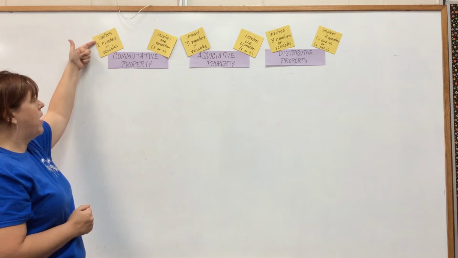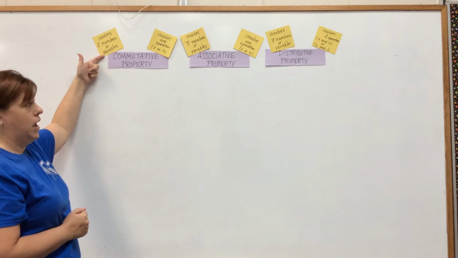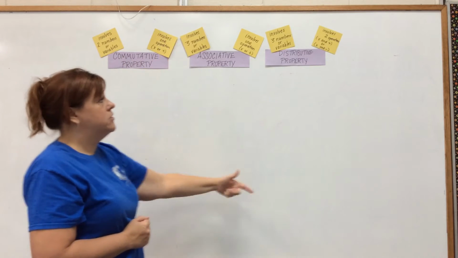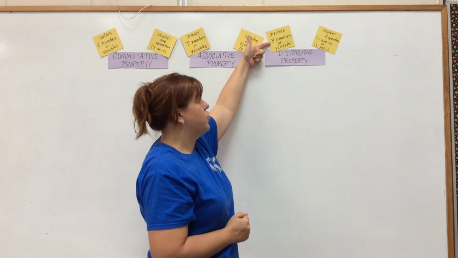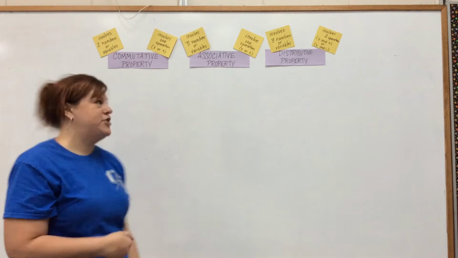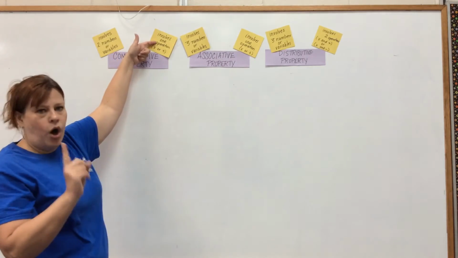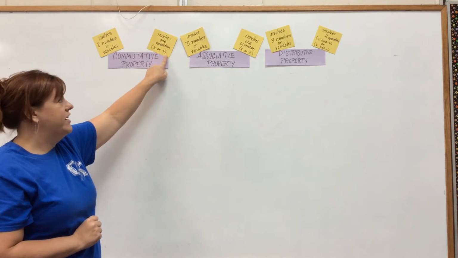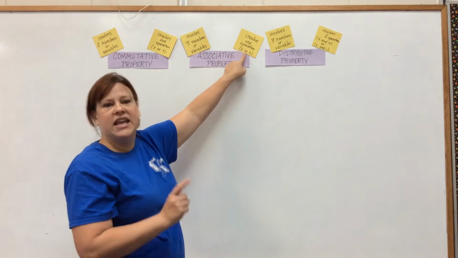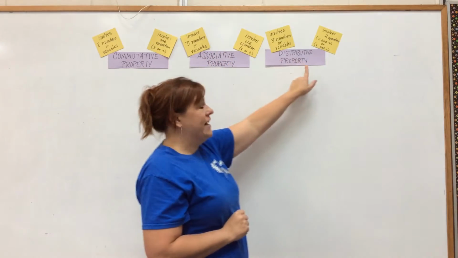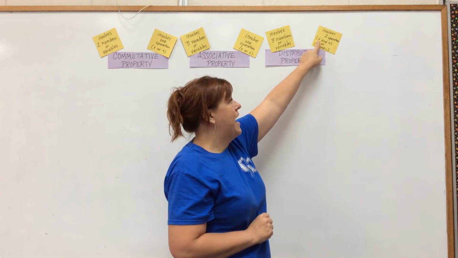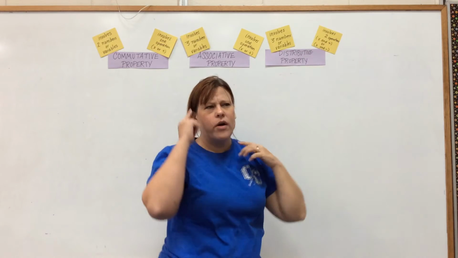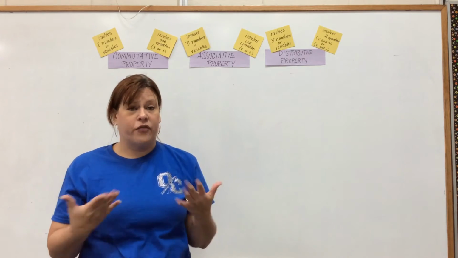So here, the commutative property involves two numbers or variables, okay? The associative property involves three numbers or variables. The distributive property also involves three numbers or variables. All right, now let's go to operations. In the commutative property, there's only one operation involved, and it's only going to be either multiplication or addition. In the associative property, again, only one operation. In the distributive property, though, you're having multiplication and addition, or multiplication and subtraction. So if you kind of get that in your mind, it's going to be easier for you to identify what